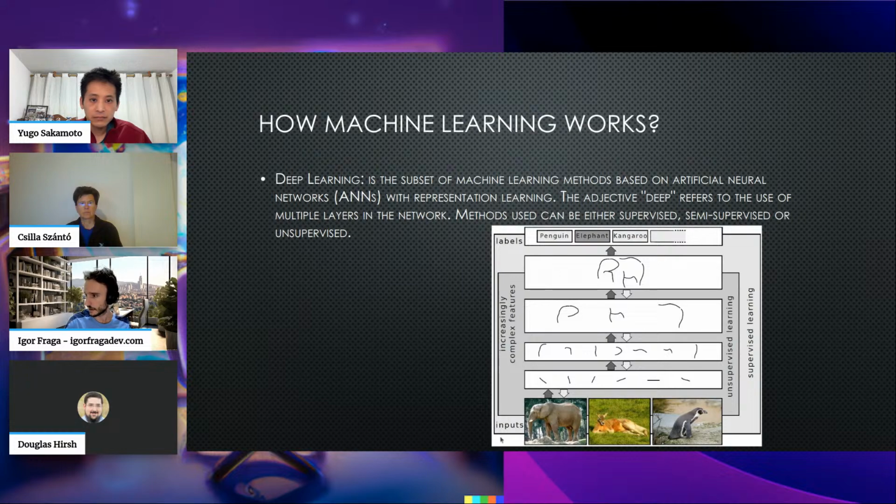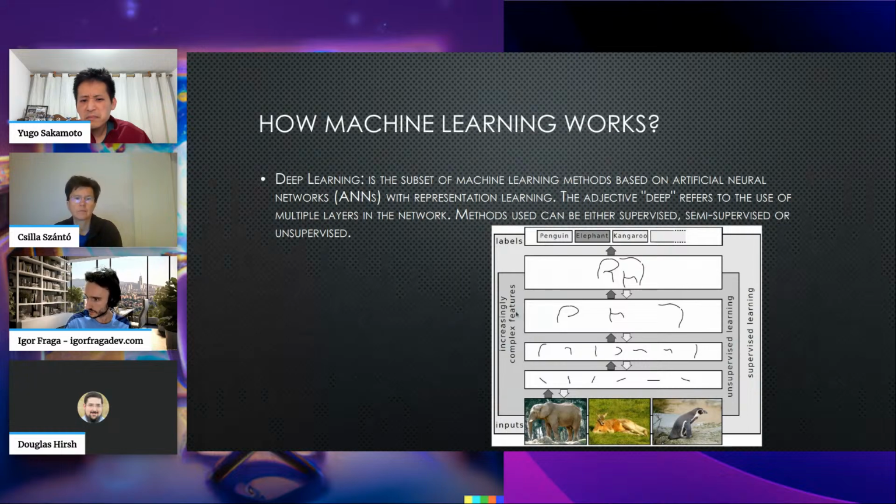And here we have an example of these layers. This was a picture and how these get the lines together to figure out if this is an elephant, a penguin, or a kangaroo. It just goes increasing complex features, in unsupervised learning and supervised learning. It goes using layers and combining things.